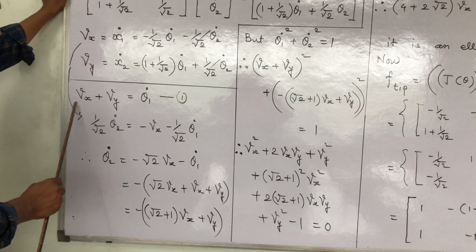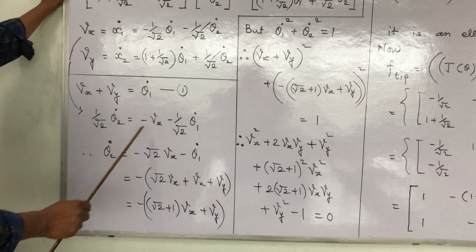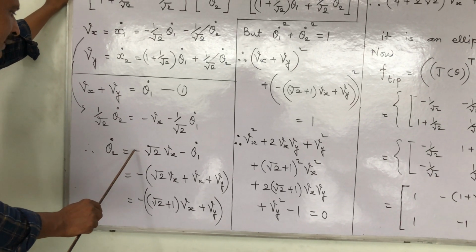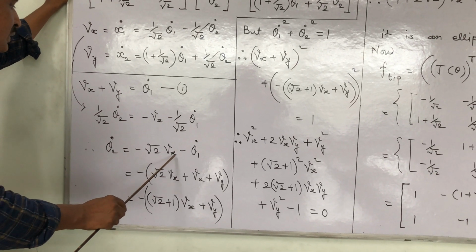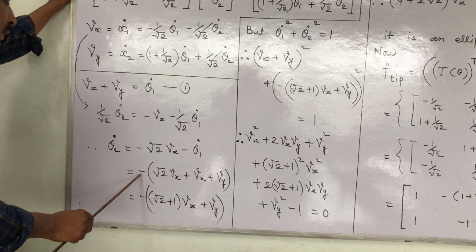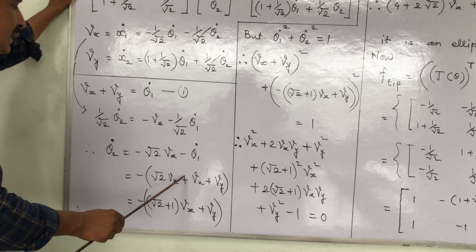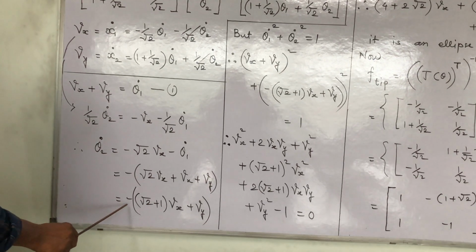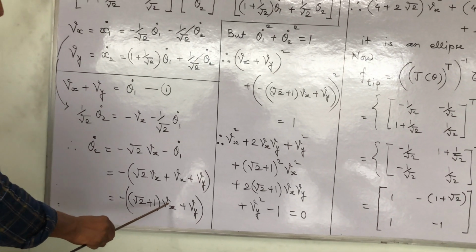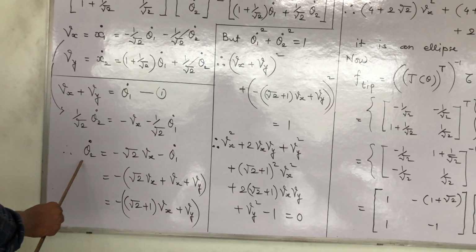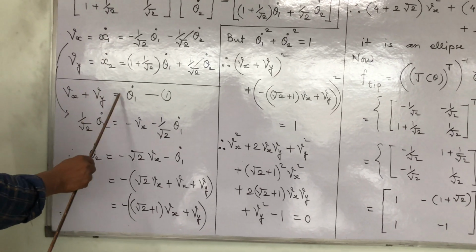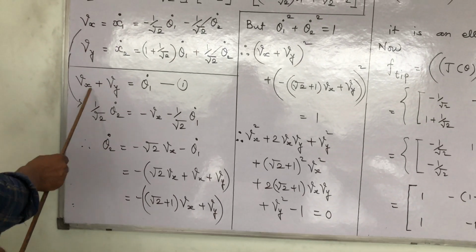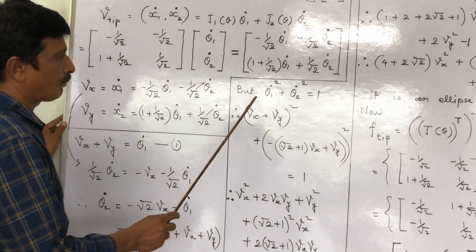But theta 1 dot is this, Vx plus Vy. So theta 2 dot is this one, initially multiplying root 2 on both sides: minus root 2 Vx minus theta 1 dot, minus bracket, so root 2 Vx and theta 1 dot plus theta 1 dot, but theta 1 dot is Vx plus Vy. So minus of (root 2 plus 1) Vx plus Vy. This is theta 2 dot and this is theta 1 dot. This is theta 2 dot in terms of Vx, Vy, and theta 1 dot is also in terms of Vx, Vy. Now using the rule,